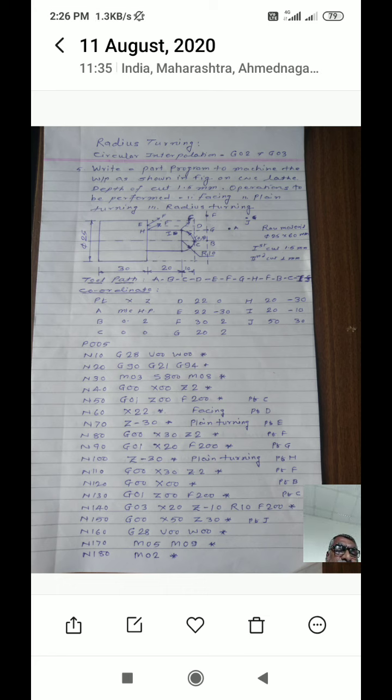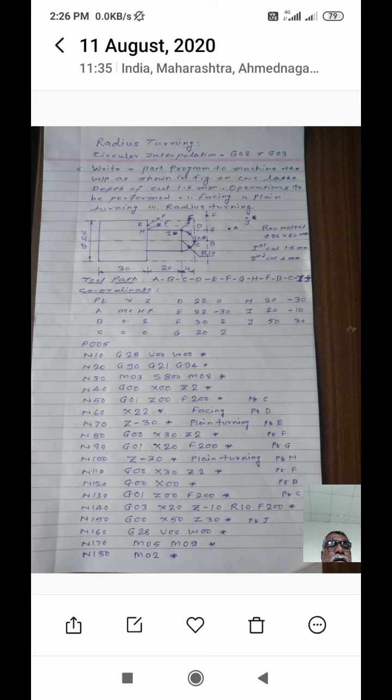As the major diameter is 25, you have to reduce the diameter from 25 to 20 millimeter for plane turning operation. Then you have to perform the radius turning. To reduce the diameter from 25 to 20, you have to take two cuts.